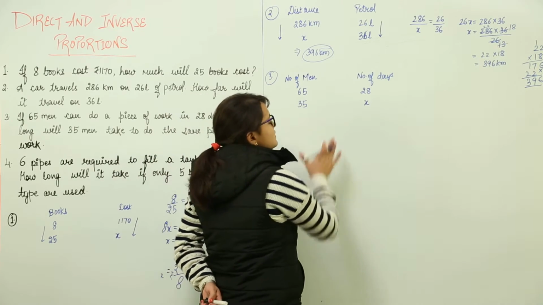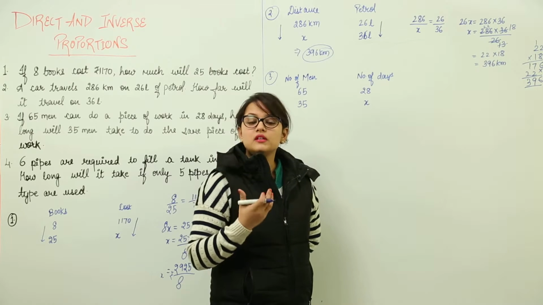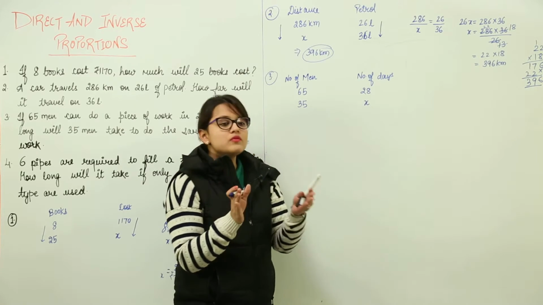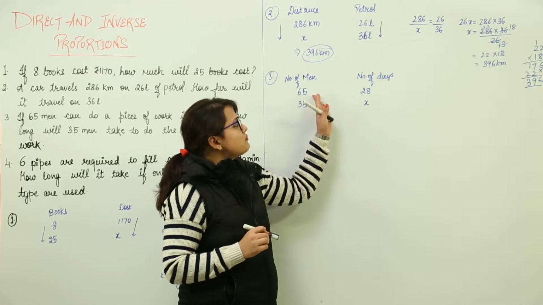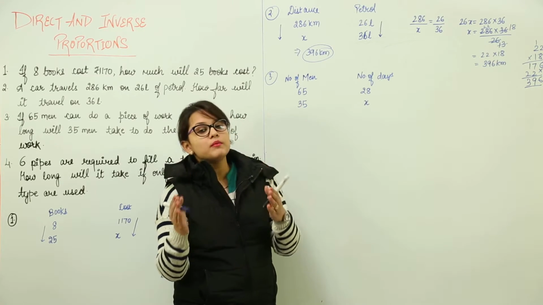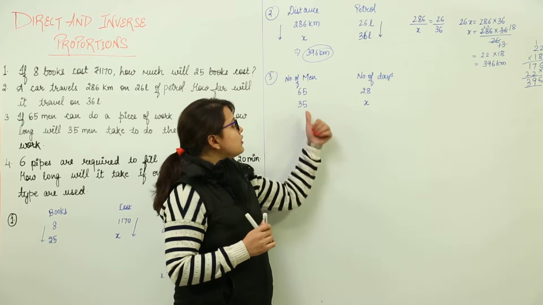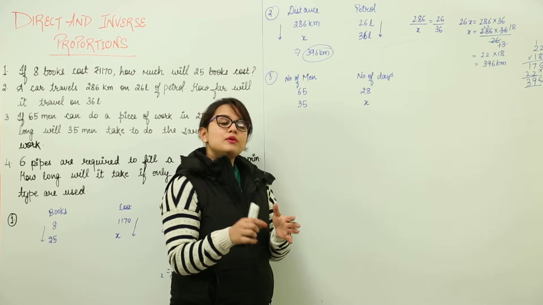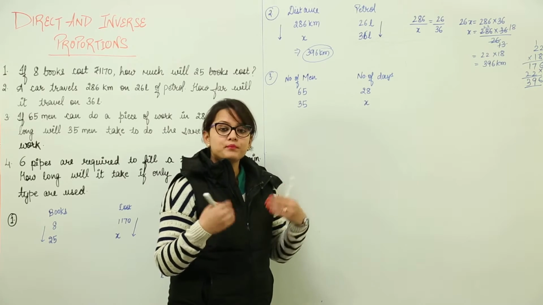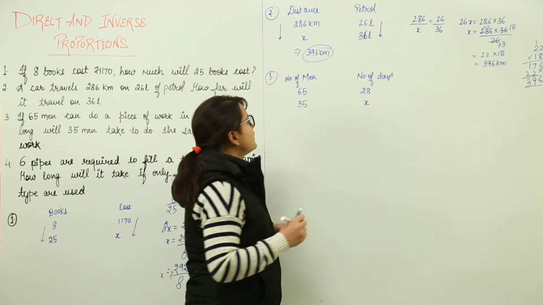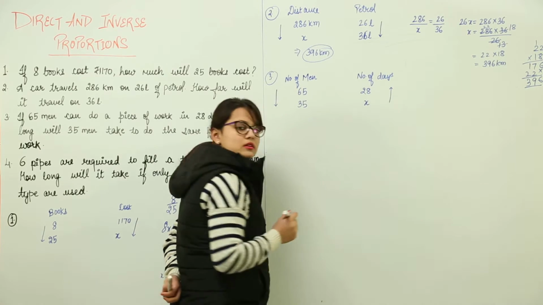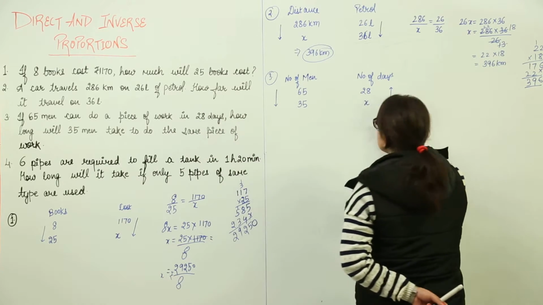Now let us check whether the question is of direct proportion or indirect proportion. If the piece of work is to be done, earlier there were 65 men. 65 men were able to finish that work in 28 days. But now the number of men has been reduced, up to 35. Now you have fewer people to finish that work. The number of days required to finish that work would definitely be more than 28 days. That means here the number of men is decreasing, but the number of days would increase, right? So this is inverse proportion.